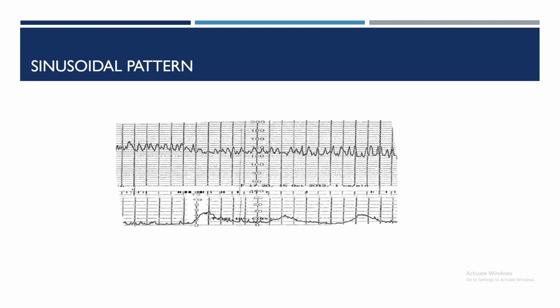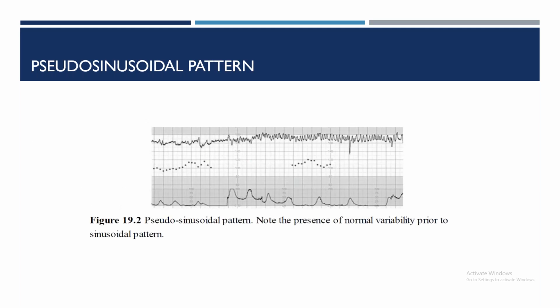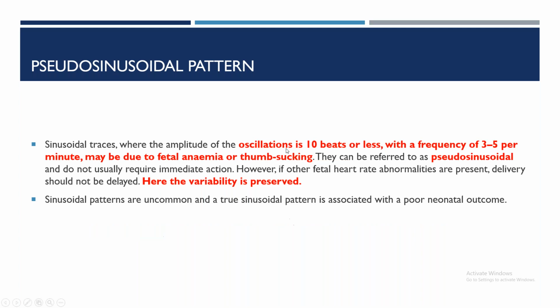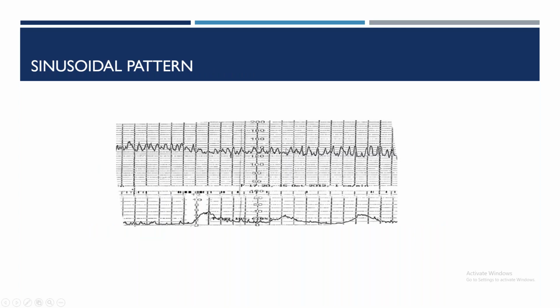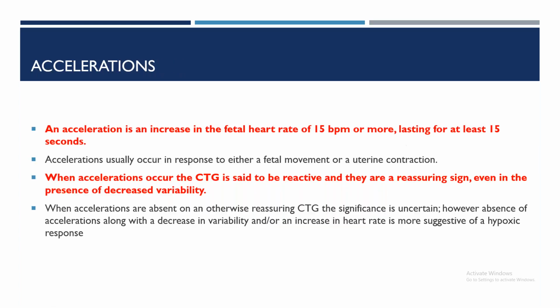So here, basically, you have to differentiate between sinusoidal and pseudosinusoidal. Now, everywhere they are taking it as similar, maximum time they are taking it as similar. So if they ask you, like in that question, I have seen that in those recalls also, most of them say a sinusoidal pattern is associated with anemia. Actually, it is a pseudosinusoidal pattern. As I showed you, this is the true sinusoidal pattern, so this is not associated with anemia.